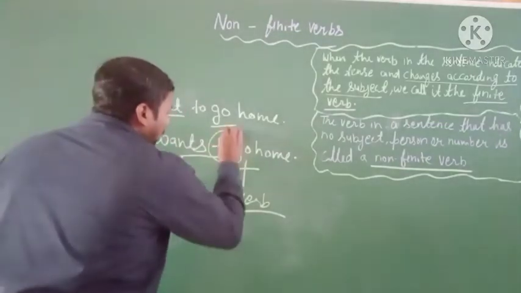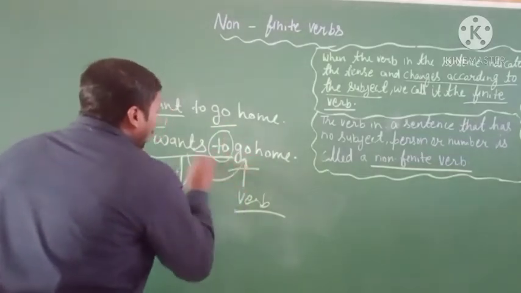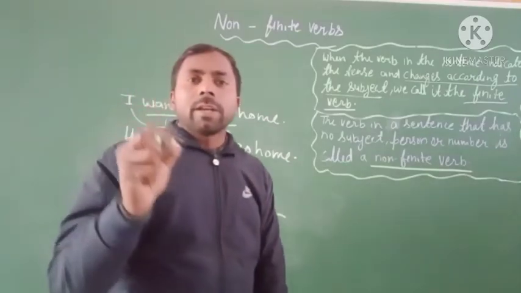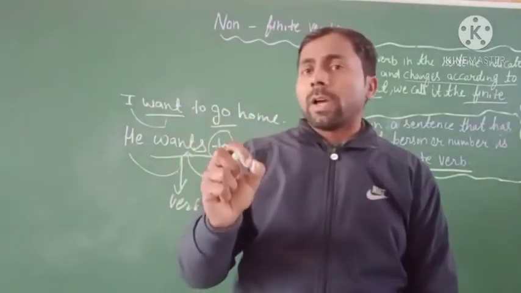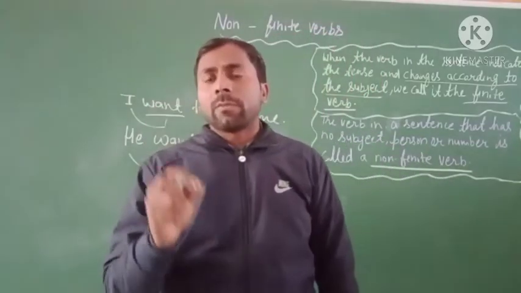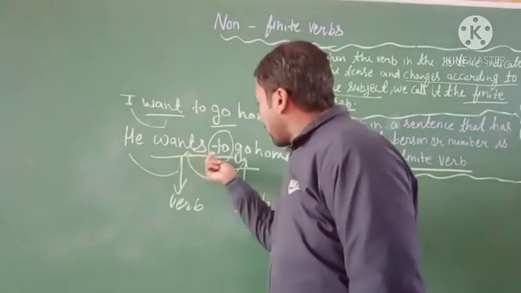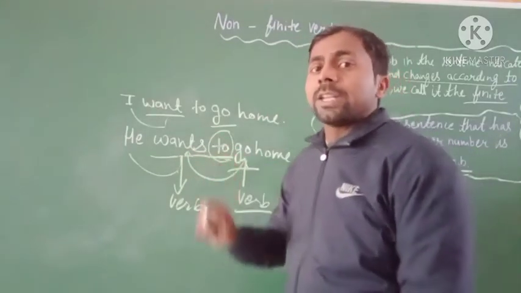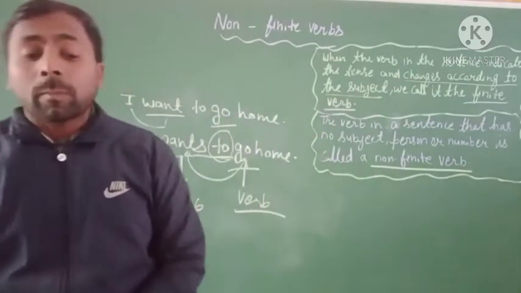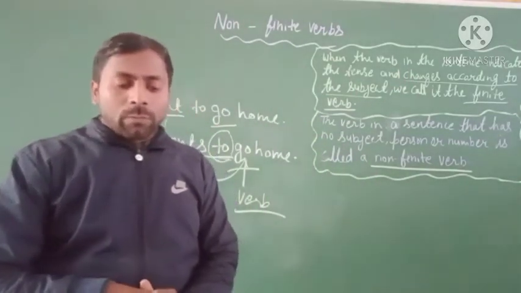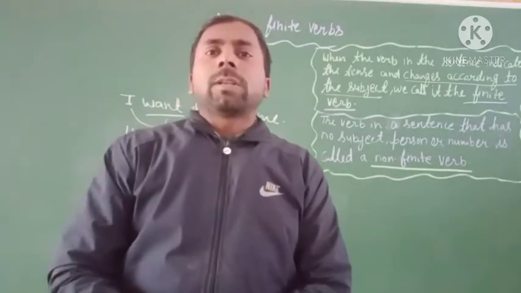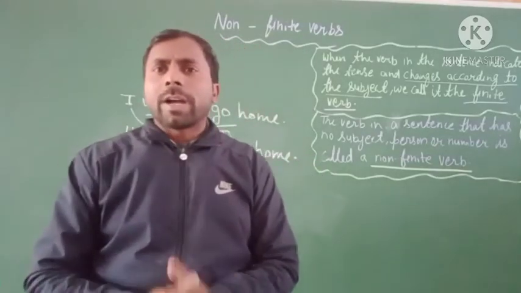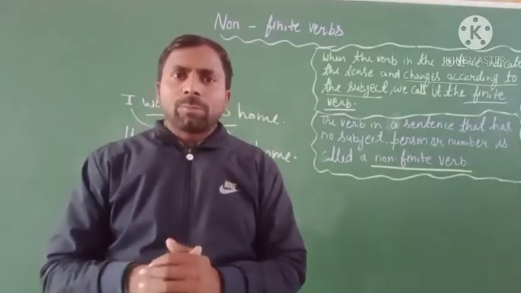Okay, with the help of "to", you have to add words in a sentence. So the word after "to" will be an infinitive. It is an infinitive, that is, adding a verb in a sentence. That's clear. And with "to" we can make many kinds of sentences, and in a sentence the verb usually changes its form according to the person and number of the subject.